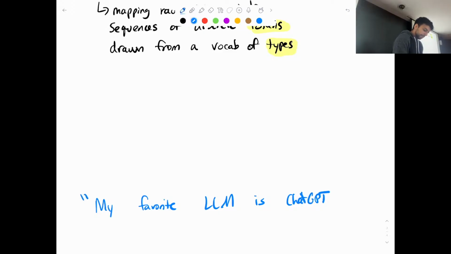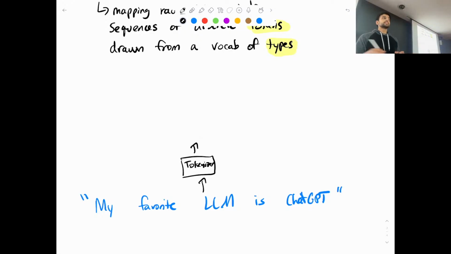So the input to all of my models is going to be just the raw string that is observed in the training data set, right? So before I do any sort of neural network processing, I first need to apply this tokenization process. Here, when we put this through a tokenizer, the result is a sequence of indexes into the vocabulary. So the real sequence that the model is operating over looks something like, I don't know,